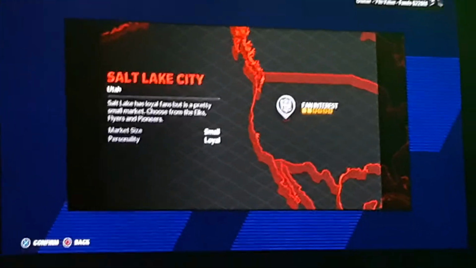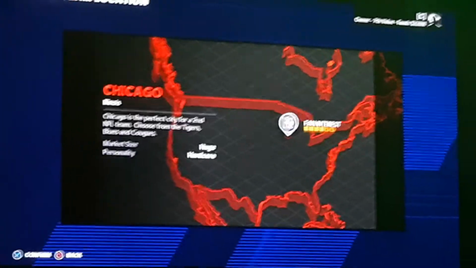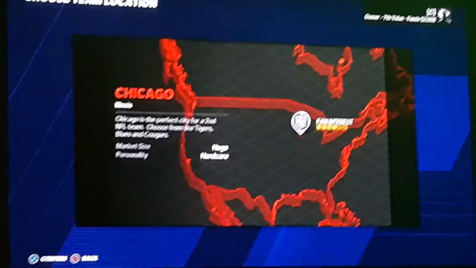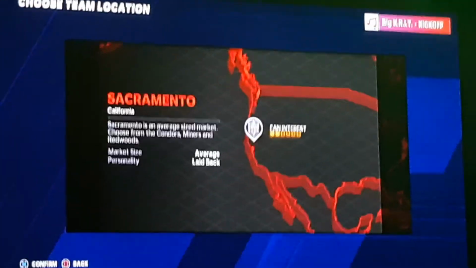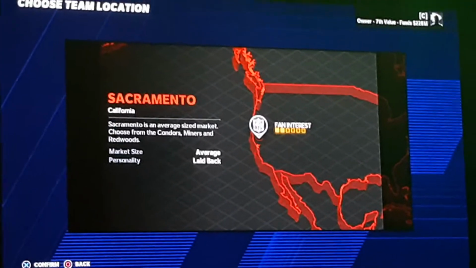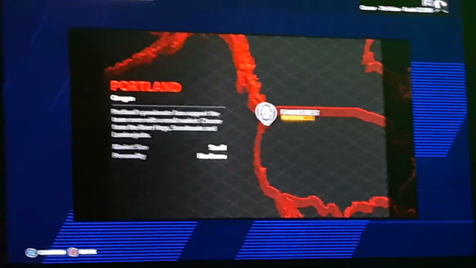Salt Lake City, Brooklyn, Memphis, Chicago, we're going to also do that for a future team, but it would be nice to have a second NFL team in Chicago because Major League Baseball, like I've said in previous videos, both have 2 teams, the White Sox and the Cubs. Sacramento, California, we have the Condors, but we're not going to do Sacramento in this episode. Columbus, Ohio, will pass. Portland,